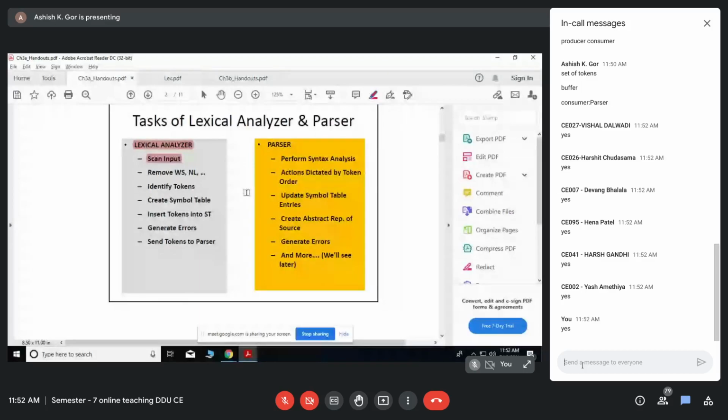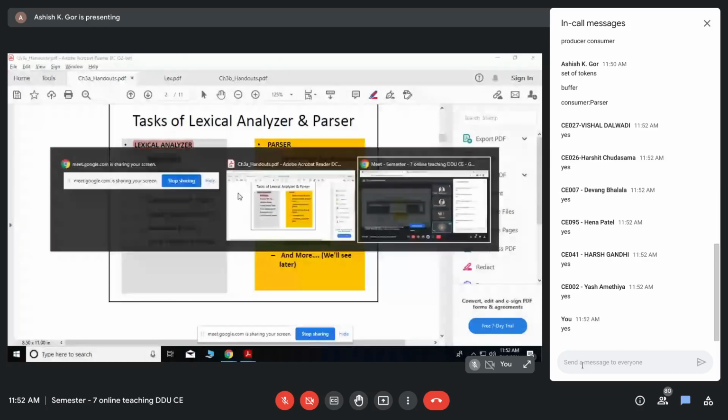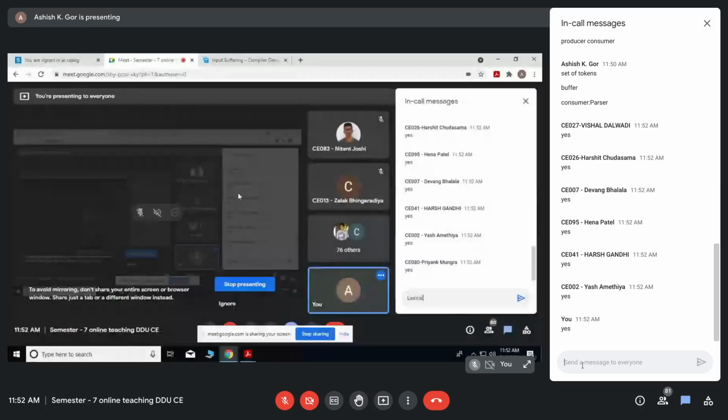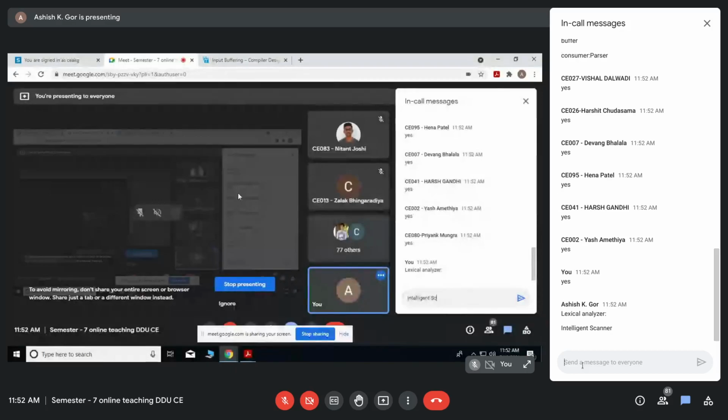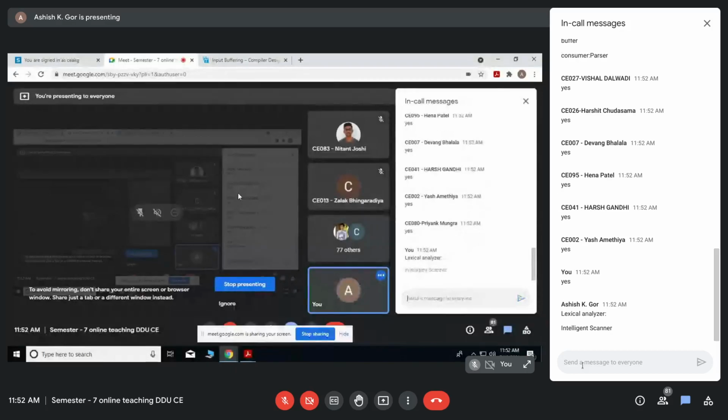But it is actually an intelligent scanner. The lexical analyzer is not only scanning the input, in addition it does something, and that's why it is an intelligent type of scanner.